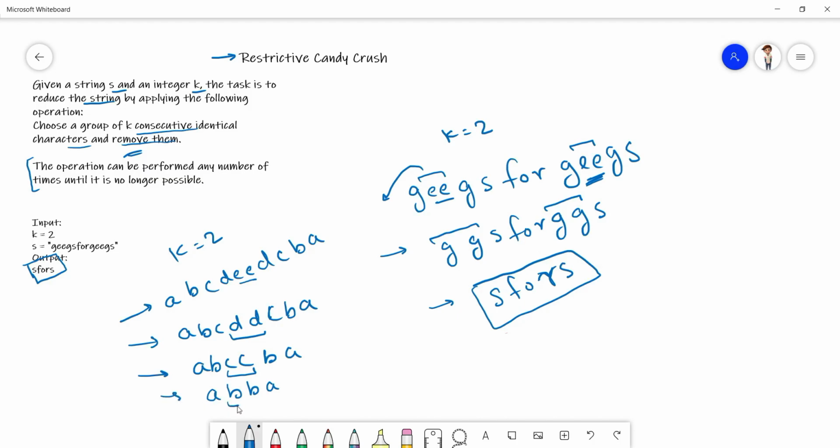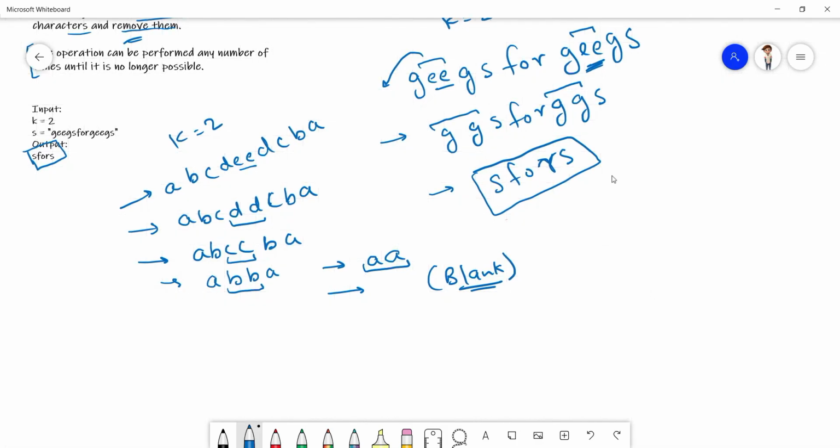Now we come over to here, we find this, and we delete this also. Now we get this string. We see it again, and now we find a blank string, and we return it. So the answer for this will be blank.